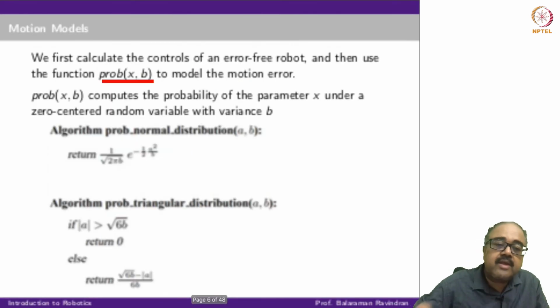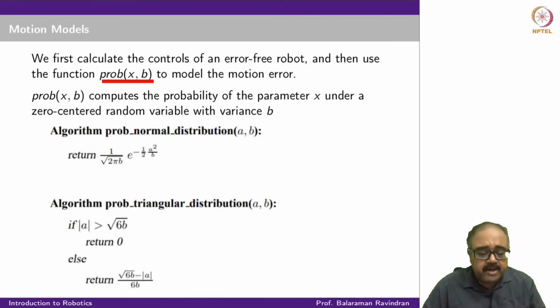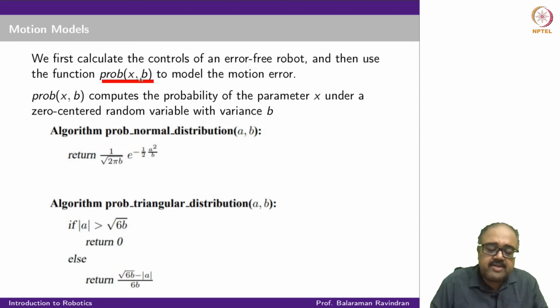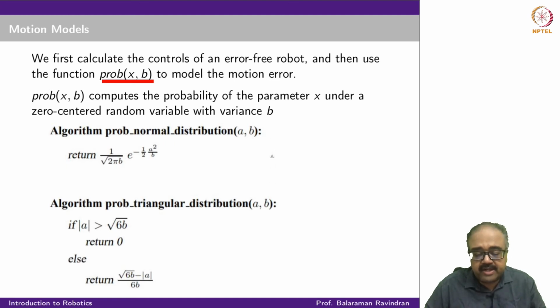Okay. And so, this probability function, where I am looking at the probability of x given a variance b, the mean of this distribution is always going to be 0. Therefore, I could model this as a Gaussian random variable. So, this expression gives me the Gaussian. As you can see, it's 0 mean, the mu does not figure into the expression at all.